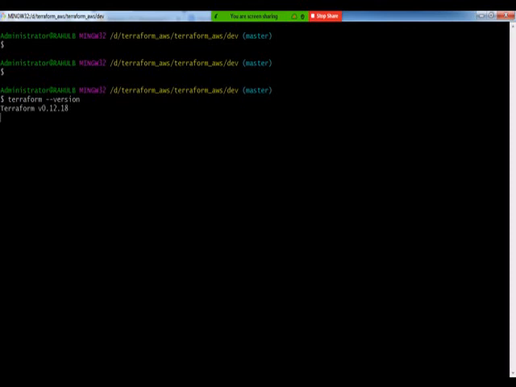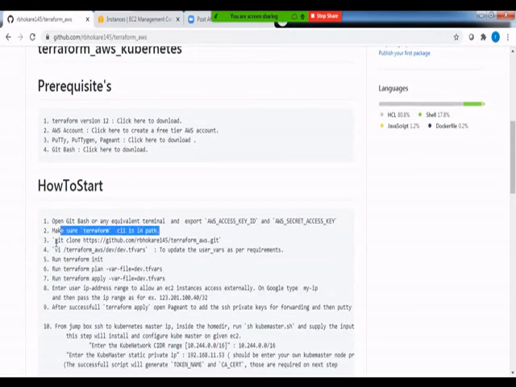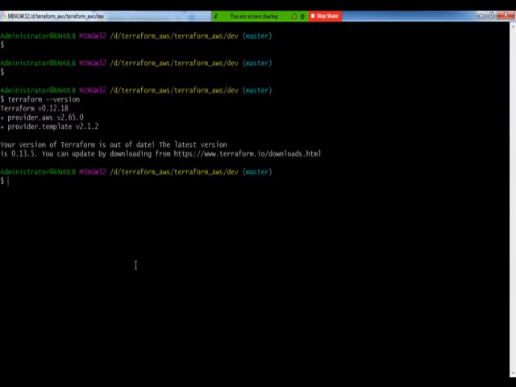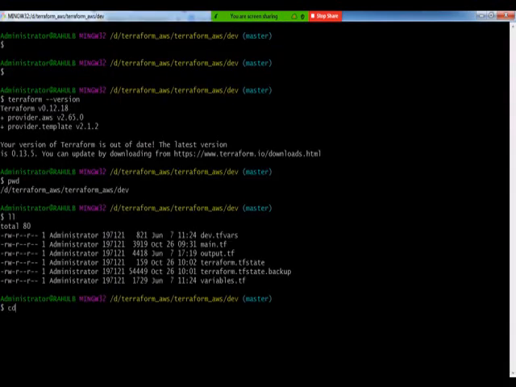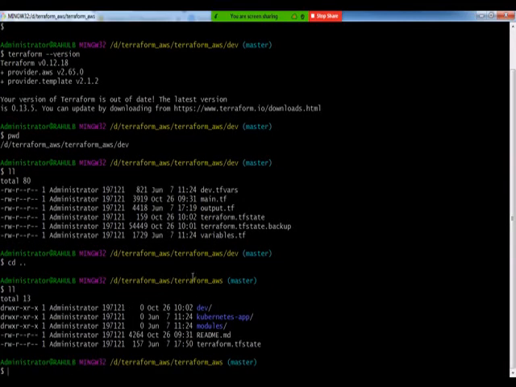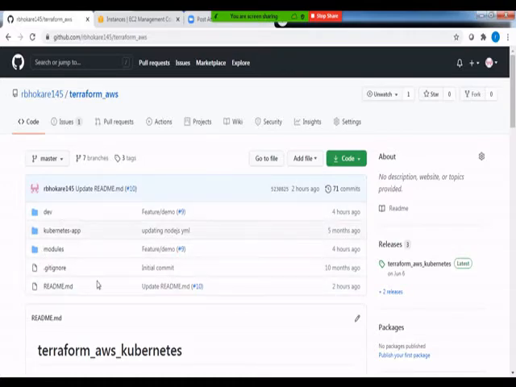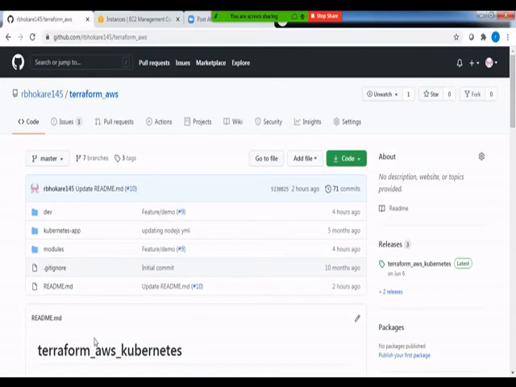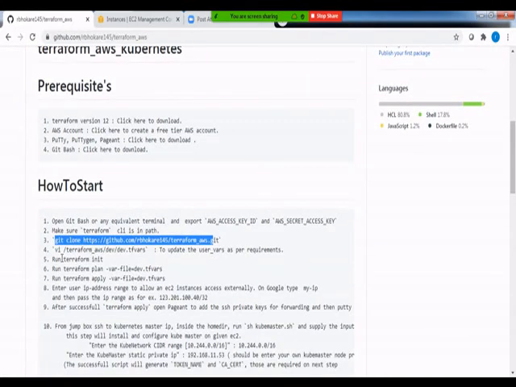Right, and that means that I do have a Terraform CLI available in my path. The next step is cloning of the Git repository, which I already have done. If you can see my screen, I am already there on the Terraform AWS. The stuff which you can see under this directory Terraform AWS is similar to what is available on the GitHub repository, which I already cloned. If you're not there, then feel free to clone that repository to start with.